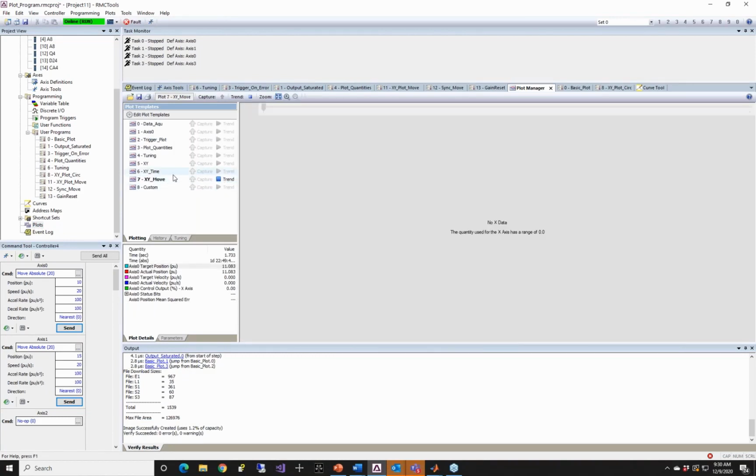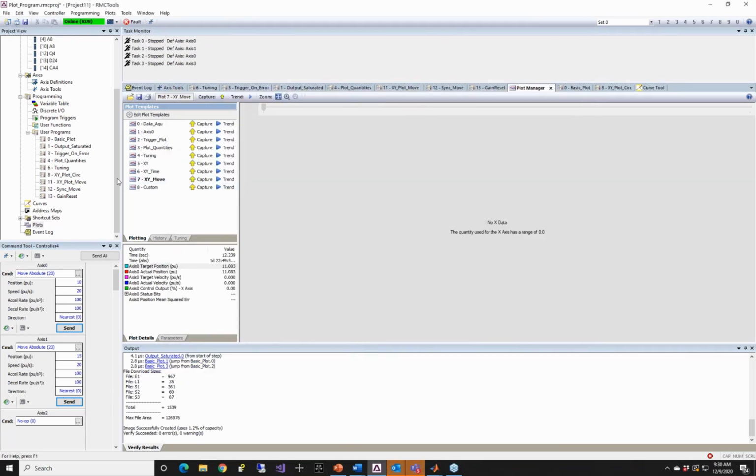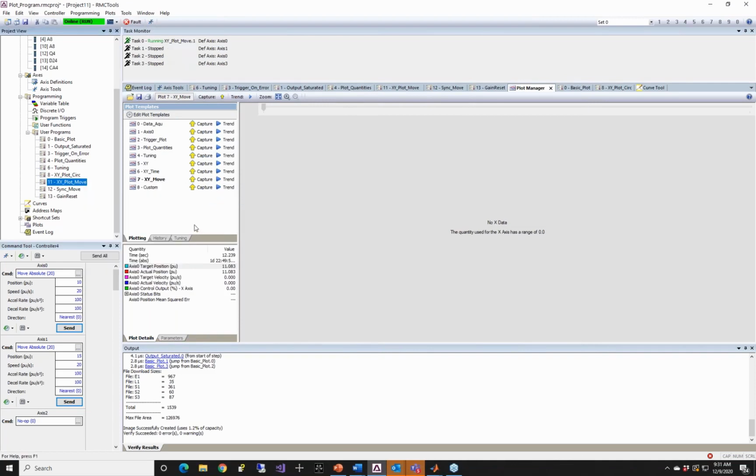I can show you, I've got an XY plot set up here. Very easy to configure it. You just check this box from your template, XY plot, choose what your x-axis is going to be, and you're ready to go. So I can run